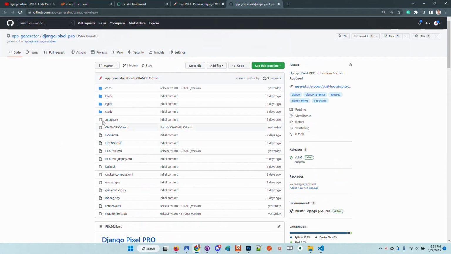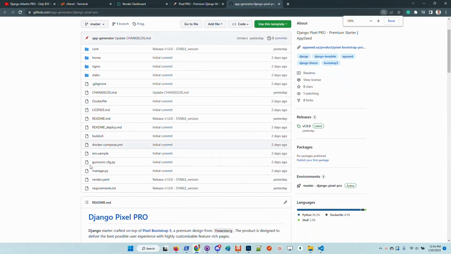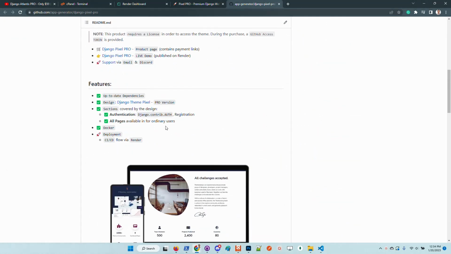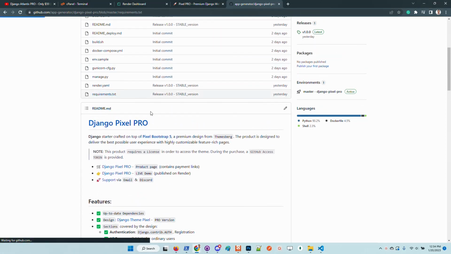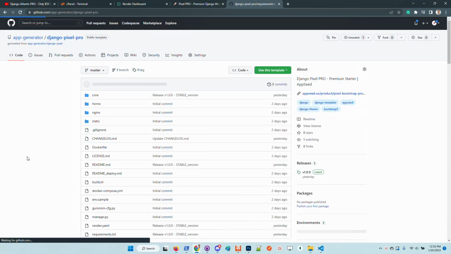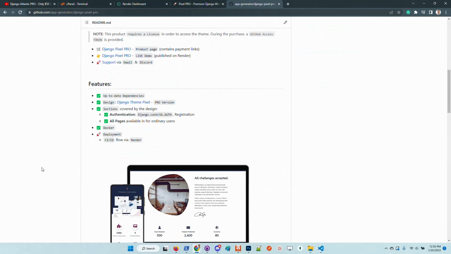So basically the source code is now entirely available on GitHub, but in order to use the design that is now installed as an external library, you need this GitHub token, which unlocks access to this private repository. On top of this, the product can now be easily deployed on Render because